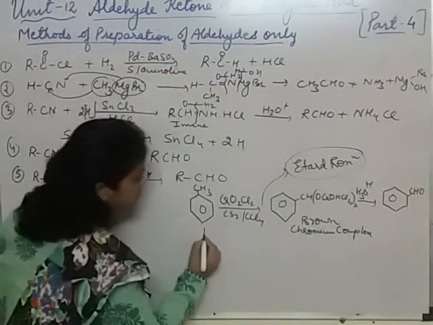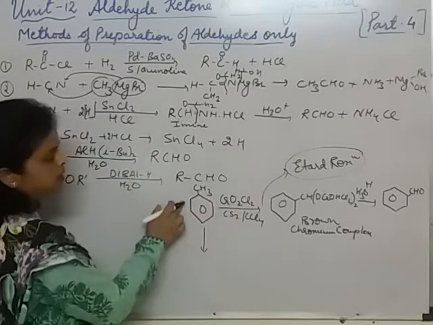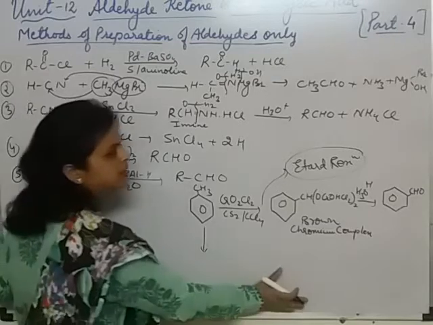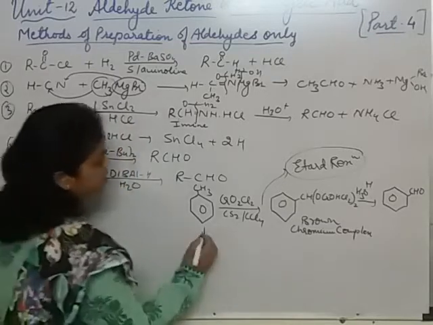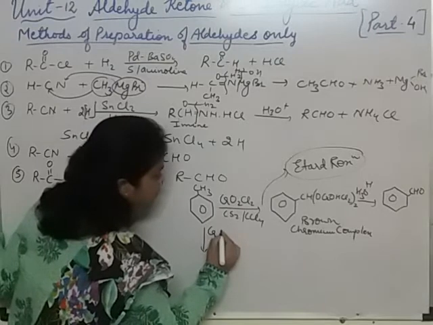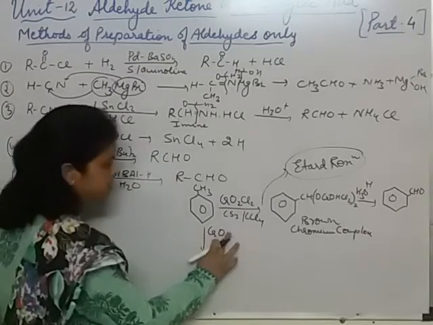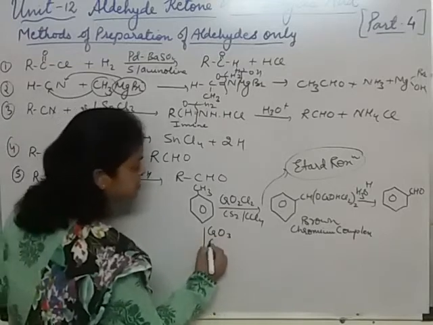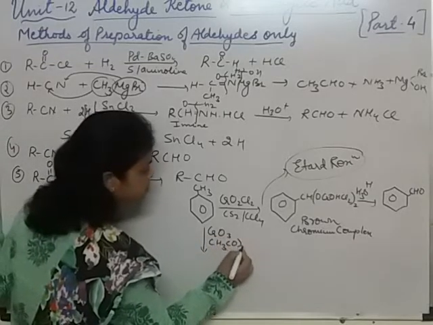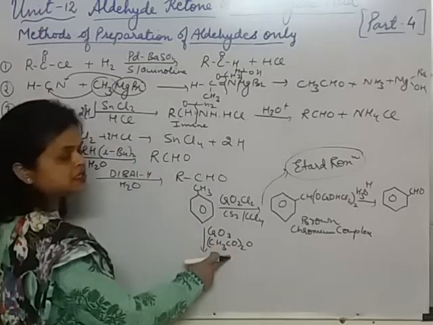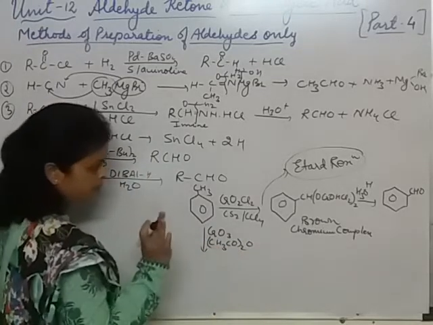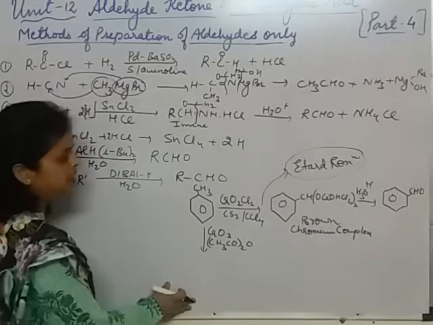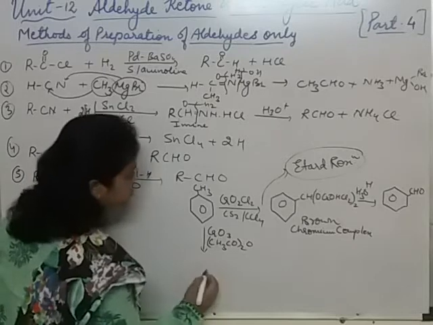Now the second one, how this toluene can be converted into benzaldehyde. The product will be the same, but first I will write the intermediate and then we will convert it into the product. So it was combining with chromium oxide, sorry, CrO3, in presence of acetic anhydride, CH3CO whole twice O. This is acetic anhydride. Okay. Now it will form a complex. Its name is benzylidene diacetate. Let's write the structure.